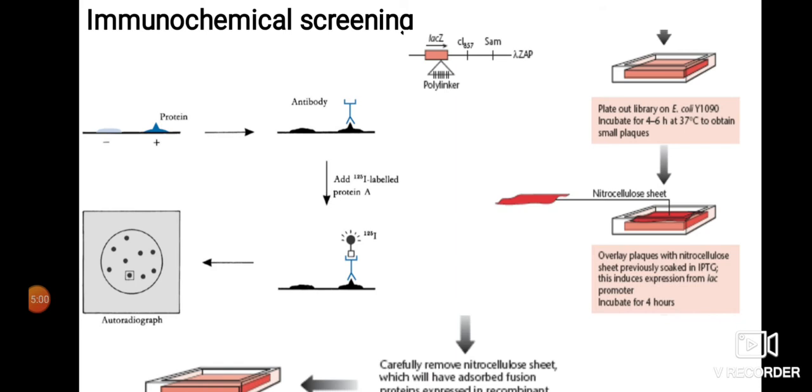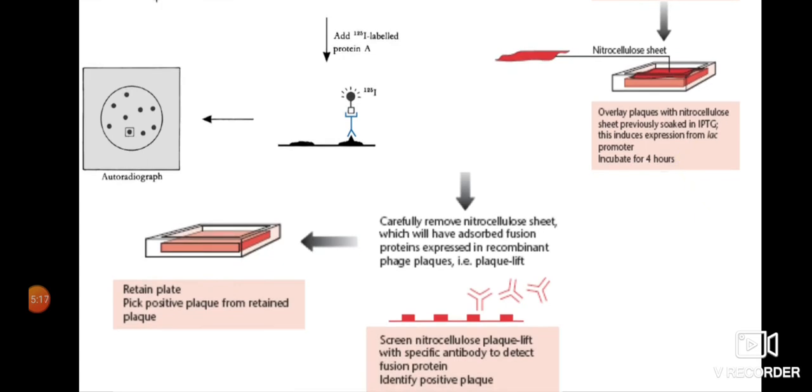Now when this lambda phage with the recombinant DNA infects, or is allowed to transform into E. coli, it causes plaques, and then they go for the plaque lift method so that they lift up those plaques by using a nitrocellulose membrane. After lifting the plaques, the nitrocellulose membranes are carefully removed and absorbed,